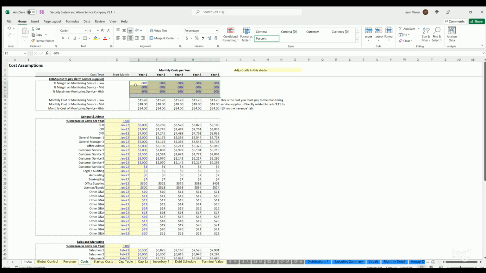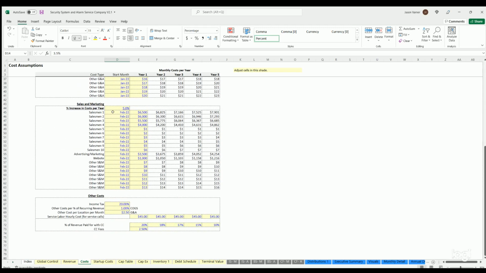Also here, again, we have cost of goods sold on the monitoring service. This is a recurring fee for the company, and this is what it is per location per month. Then you've got fixed costs. So here you can define CEOs, general managers, office admin, customer service. You can define the start month of each, their monthly cost, and then the percentage change over time. Same with sales and marketing. And then same with other costs, you could define